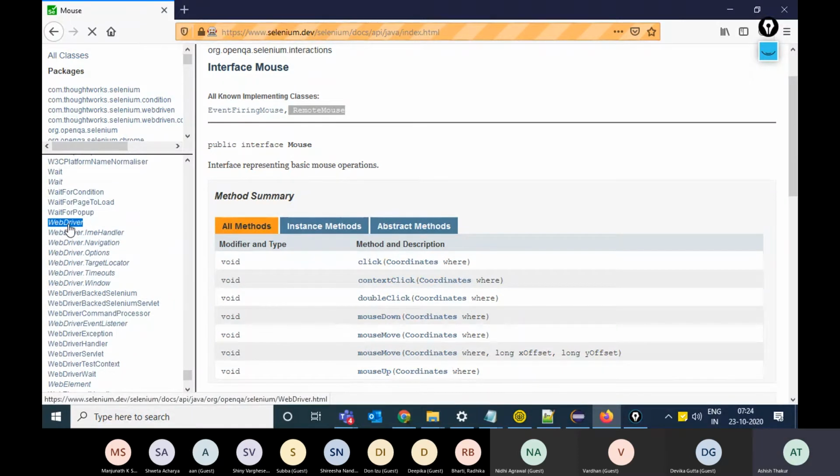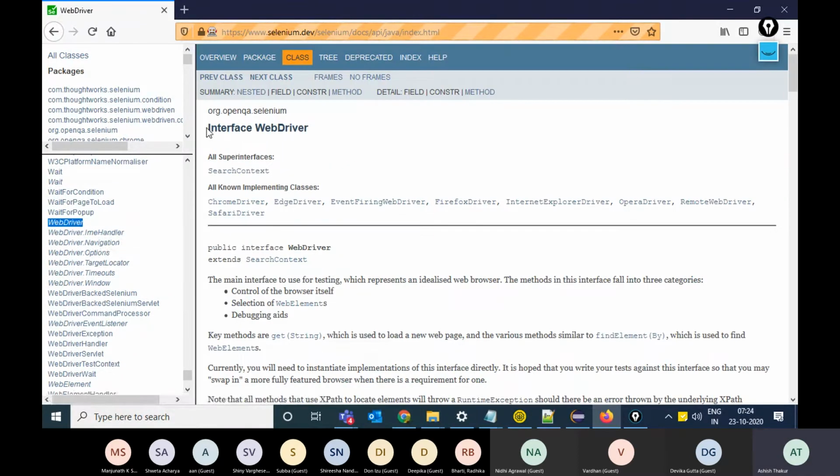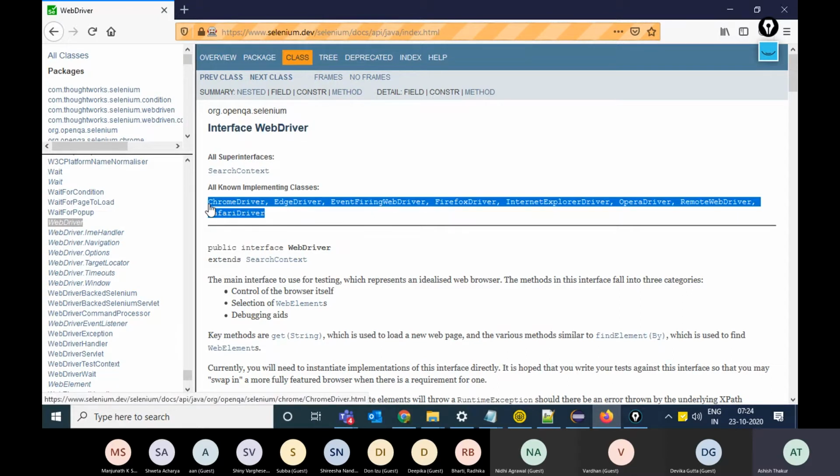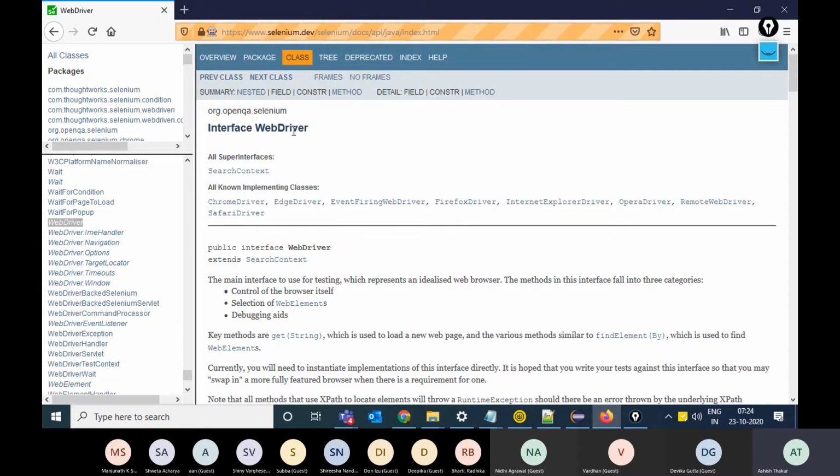Similarly, if you scroll down, yesterday we had seen WebDriver. WebDriver would be written over here. Technically, WebDriver is an interface. It's an inbuilt interface in Selenium. And all the driver classes implement the WebDriver interface. So even if I have ChromeDriver, FirefoxDriver, EdgeDriver, InternetExplorerDriver, RemoteWebDriver, we'll study this later on.